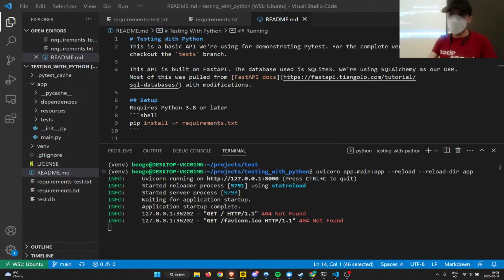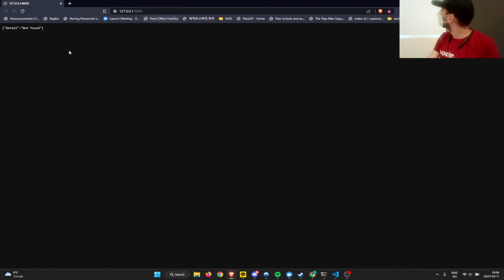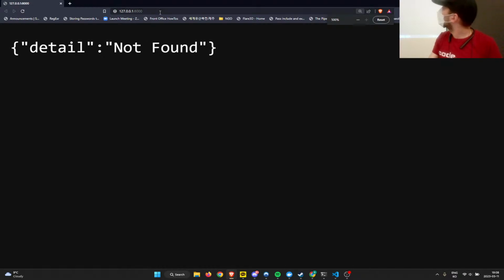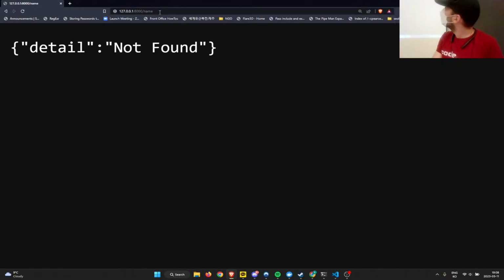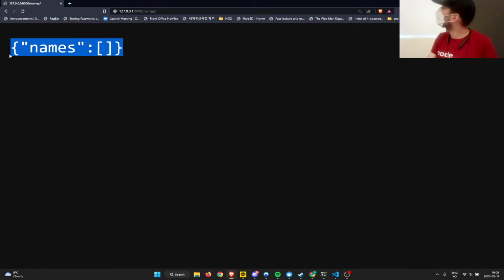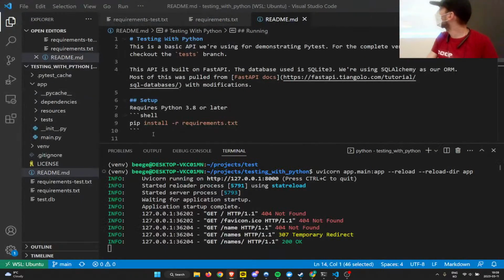I can click this, and you can see we get this output here. I think there's an endpoint names. It gives you a list of names. Okay, so that is what it sets up.